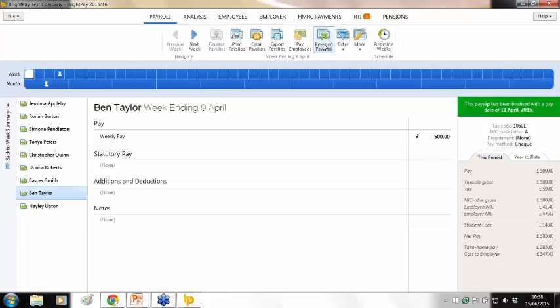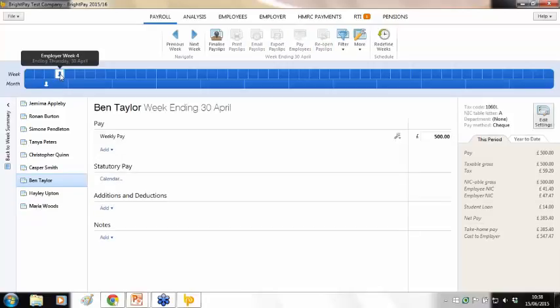Okay, so just moving on then. BrightPay also handles all the statutory payments. So statutory sick pay, maternity pay, adoption pay, your paternity payments, and also the new shared parental pay that has come into effect since the beginning of this tax year. Okay, so if you have any employees who are going out